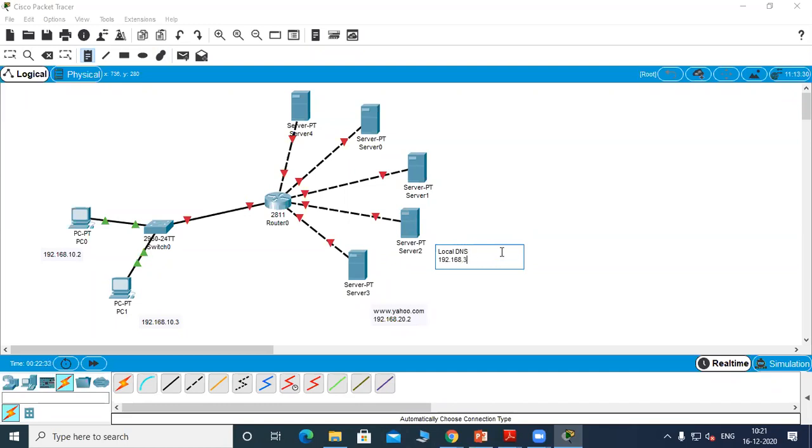This is the 30 network. This we will make the root. This will be 40.2, the 40 network. All these servers will not be in one LAN; they will be located in different LANs.